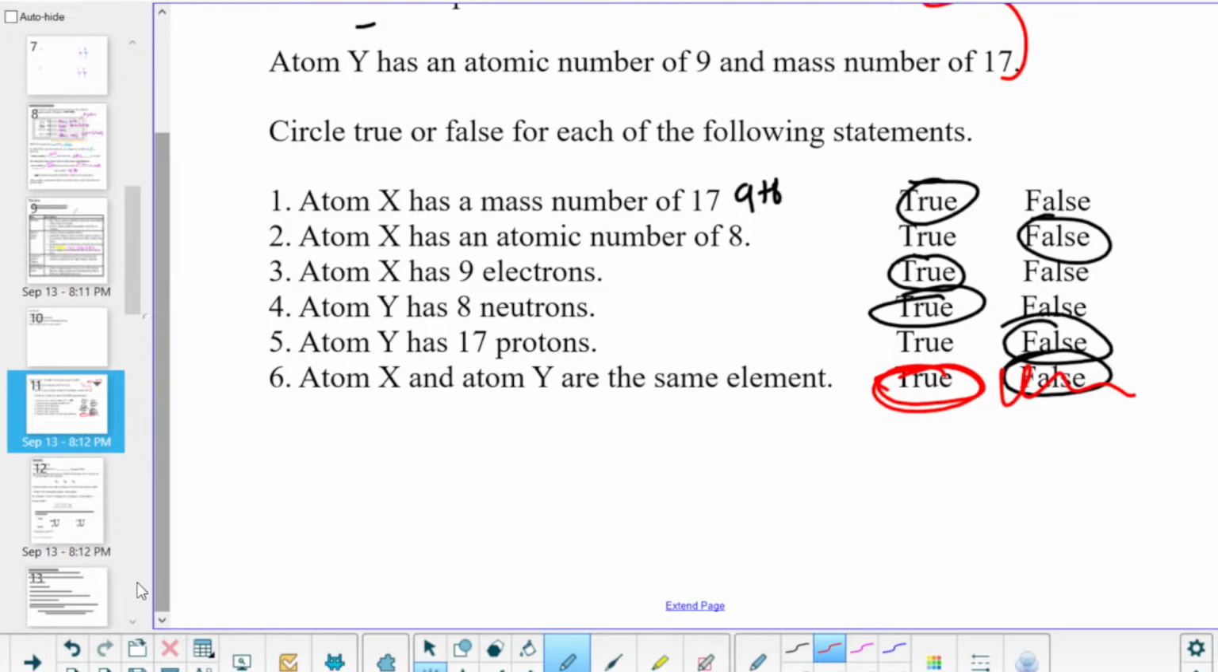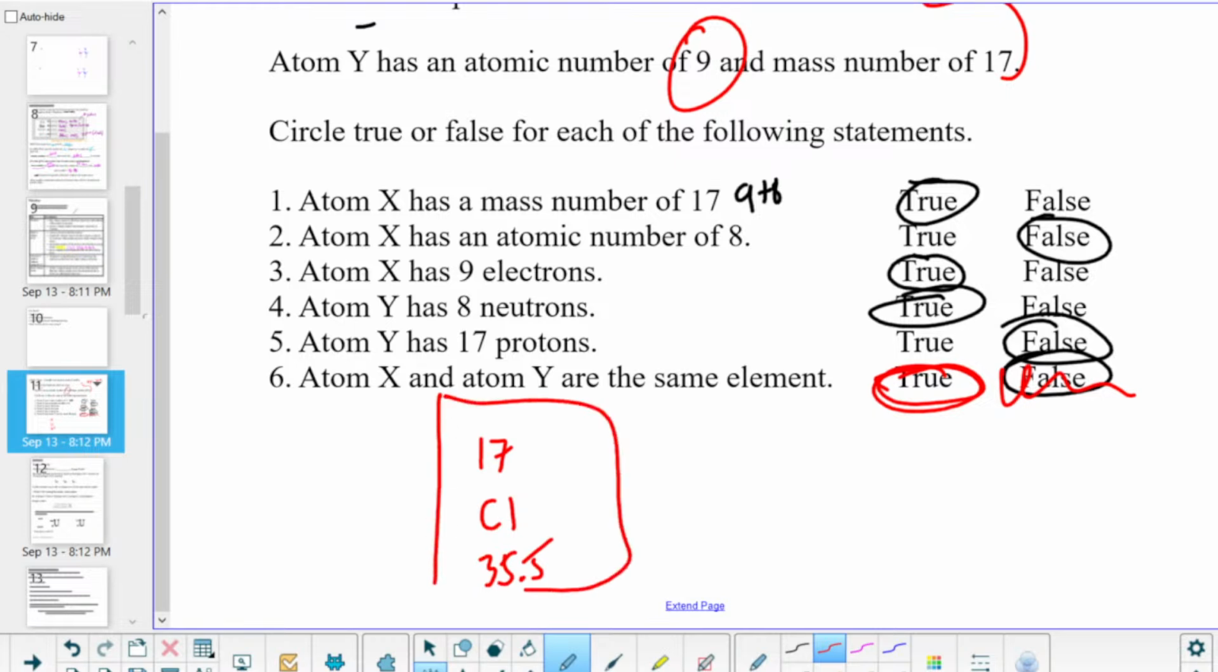5, 4, 3, 2, 1, 0. Don't say it out loud. You're also wrong. Zoe, how many protons does it have? 9. So what element? Chloride looks like this, right? Chlorine, you have Cl, and it goes 35.5, and then it has a little box. But 17